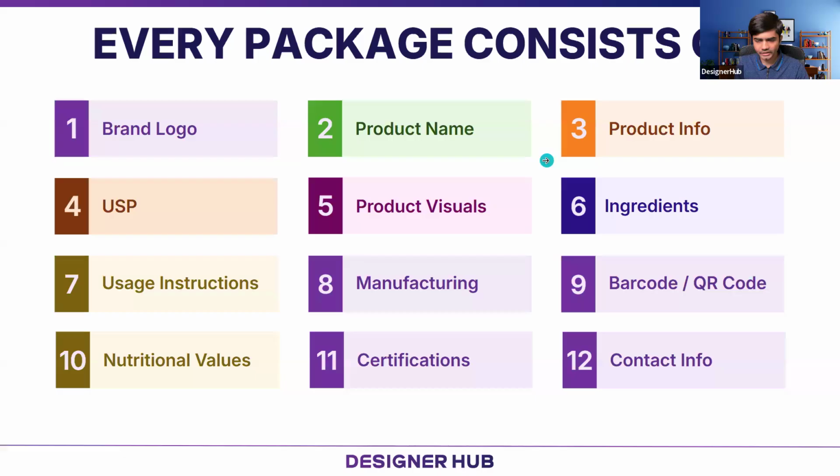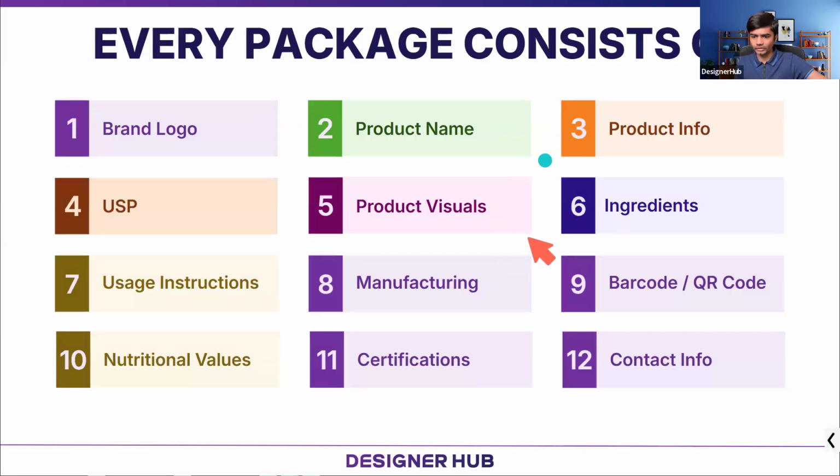Now, every packaging consists of a lot of this info. Minimum of 8, max of 12 items. Okay. One, it will have the brand logo. Second, the product name. Third, the product info, the USPs that you try to highlight, the product visuals, maybe the orange that you saw or any kind of visual, the ingredients that you have to mention as per government norms, usage instructions, which is also mandatory nowadays, manufacturing information, the address and all of that,